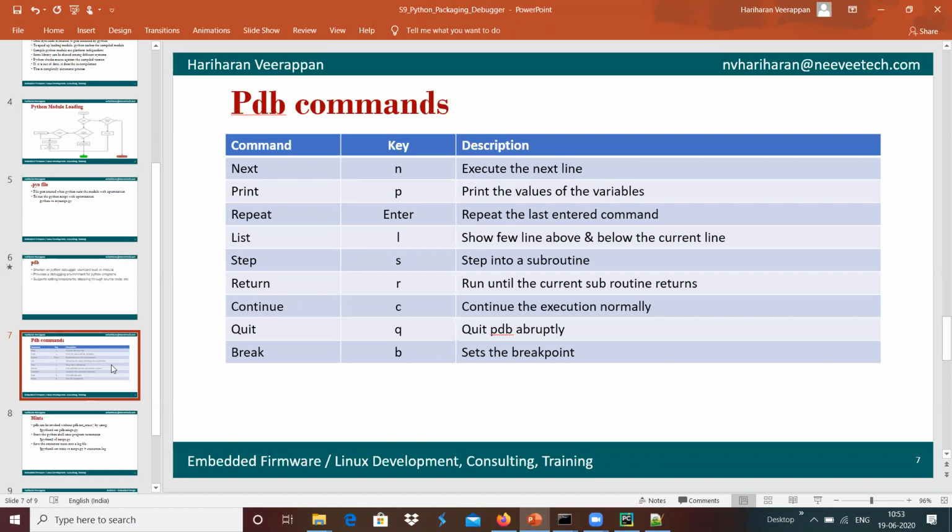And we have the option to quit PDB abruptly with the help of the quit command, and we can set a breakpoint with the help of the break command over here.